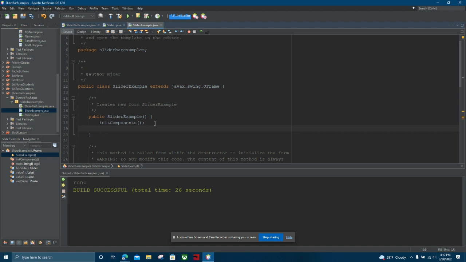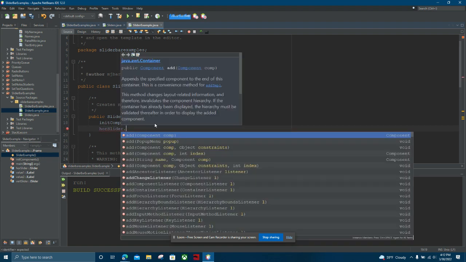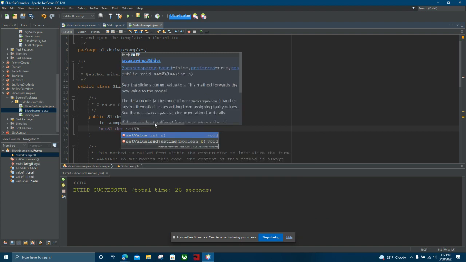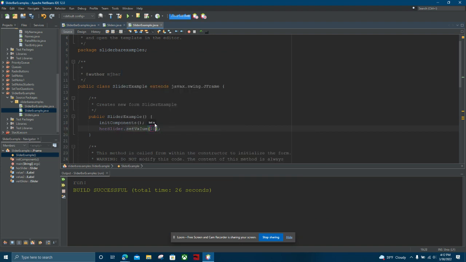So we're going to call the horSlider, and then you do setValue, and it is an integer, so we're going to set it to 100. And then we're going to set the label to that value. So value1 dot set